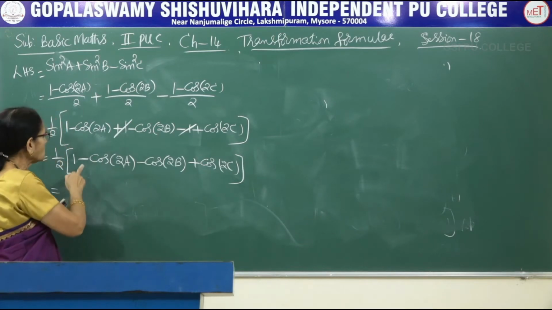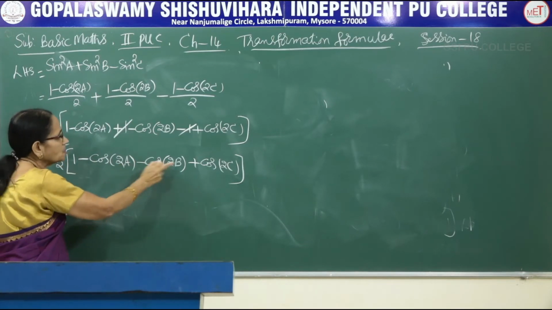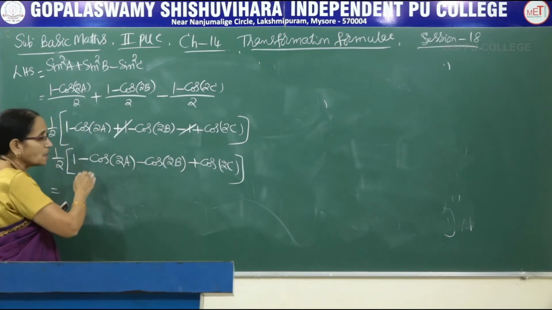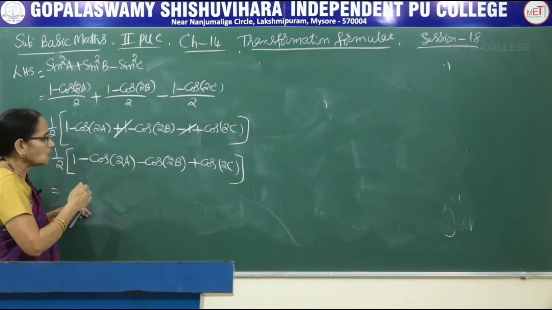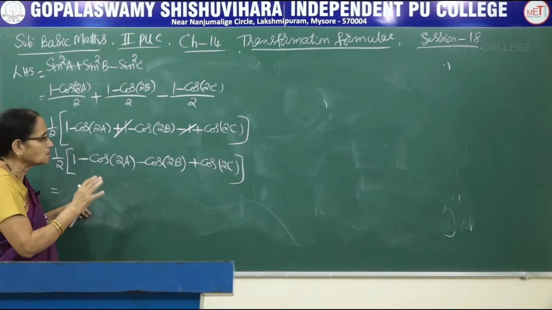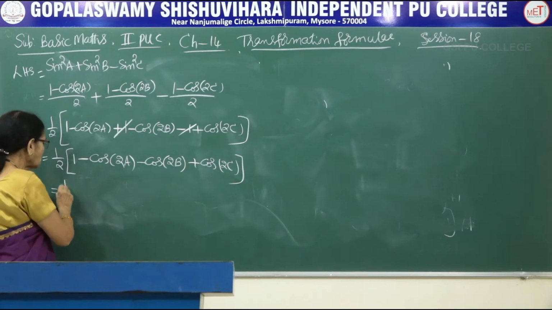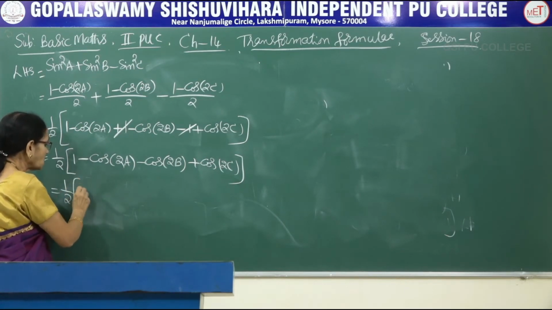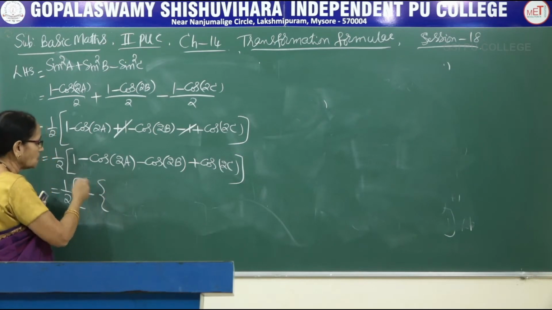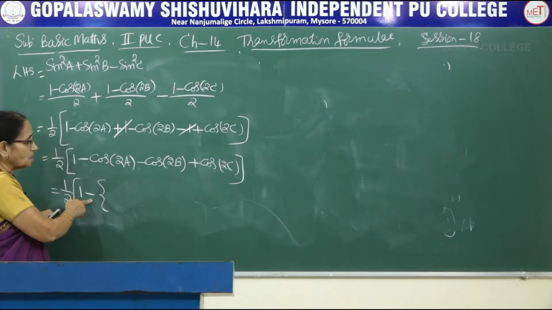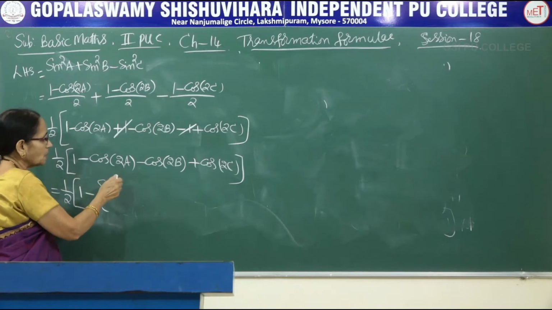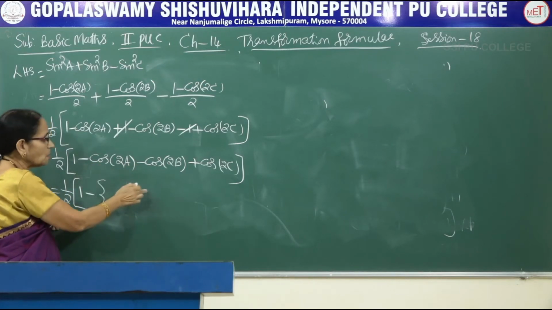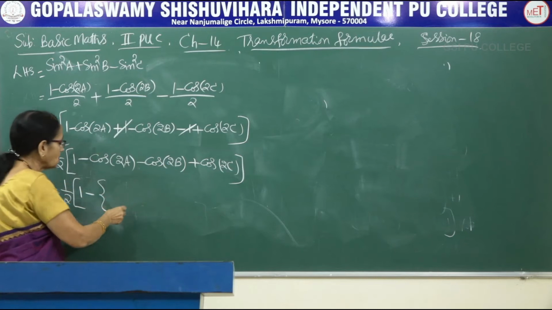The difference was here plus, it was minus. So though I had written the flower bracket, it was not exactly necessary. But in this case, I am writing using that flower bracket. In other words, I am taking out the minus sign. When you take out the minus sign, the negative terms become positive, the positive becomes negative.